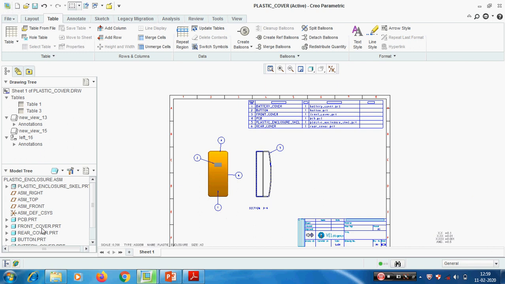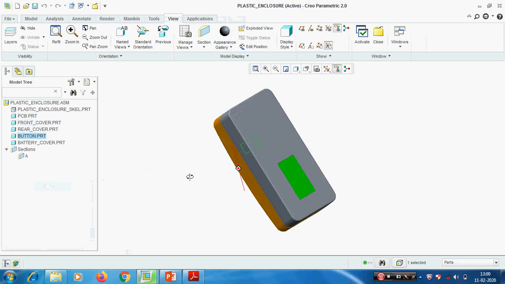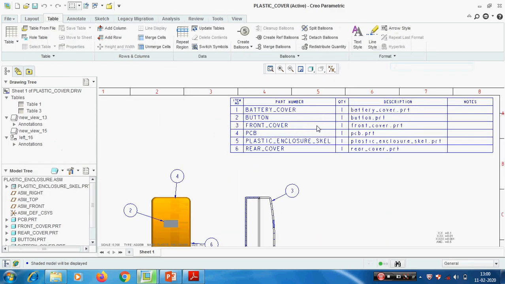Now totally we have, see in this component, one PCB, front cover, rear cover, one button, and on the back side one battery cover. Totally 1, 2, 3, 4, 5 components are there here, but in the table we are having 6 components, the skeleton is also included. We need to remove the skeleton. How to remove a component from the table? Go to repeat region,